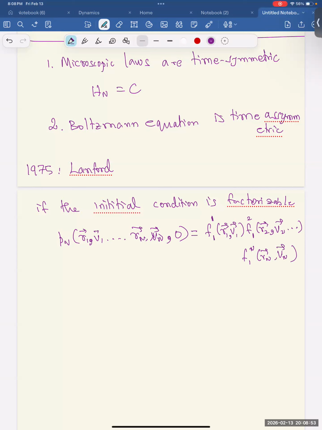Effectively, what this condition says is, if the particles are initially uncorrelated,